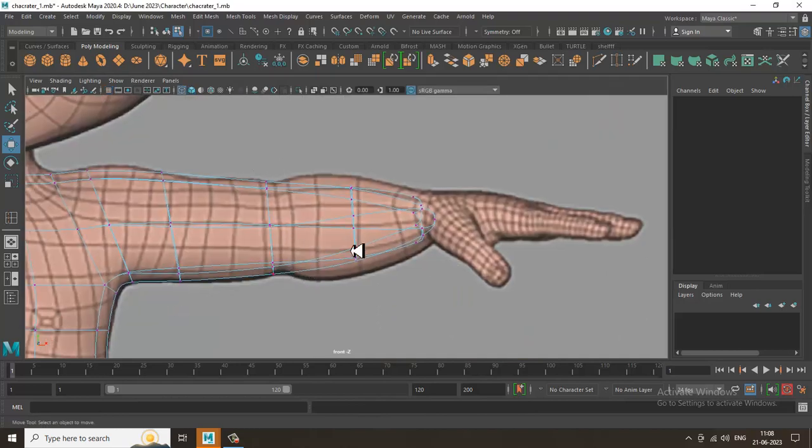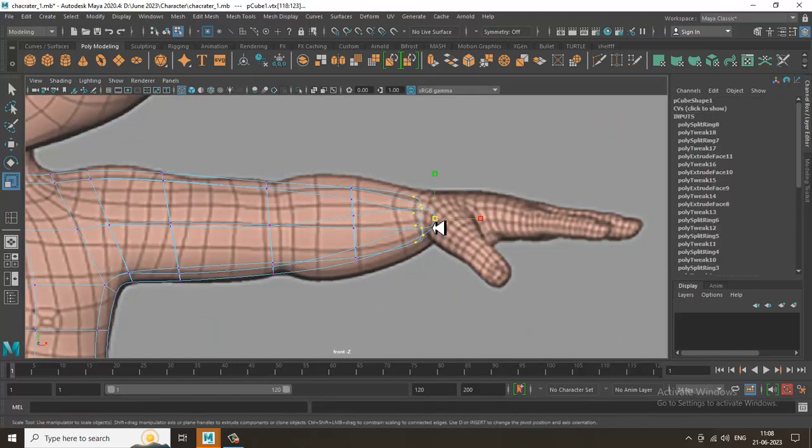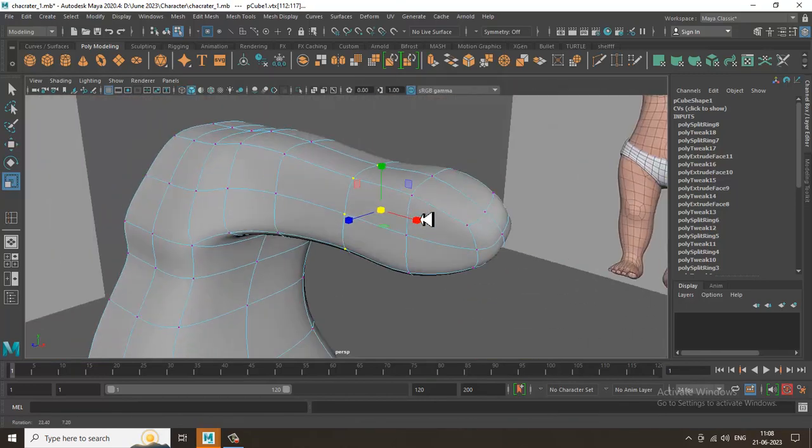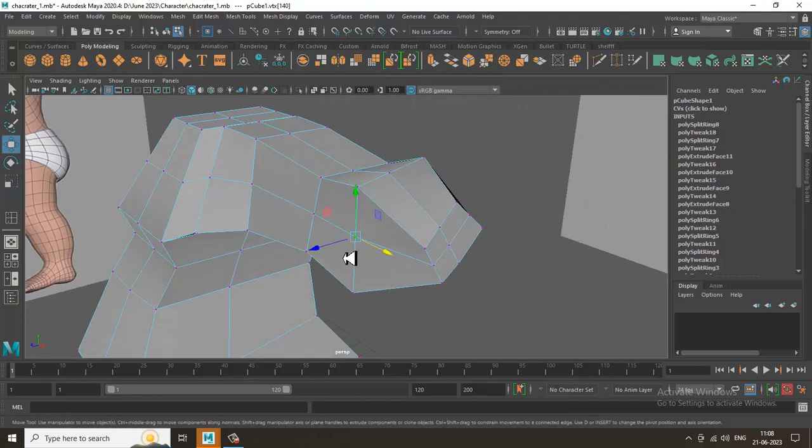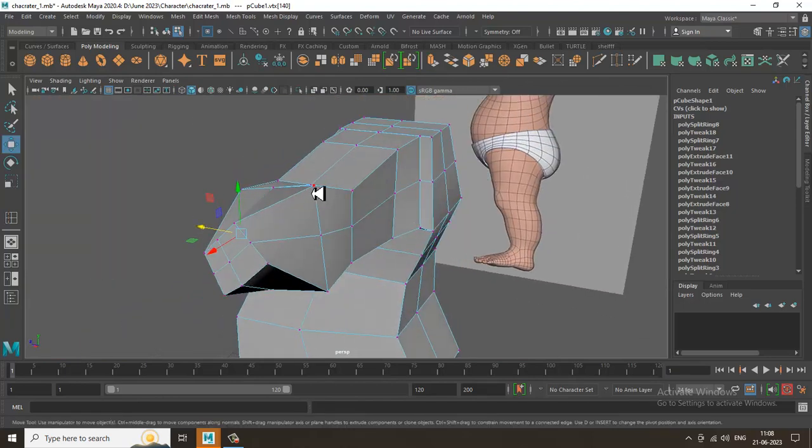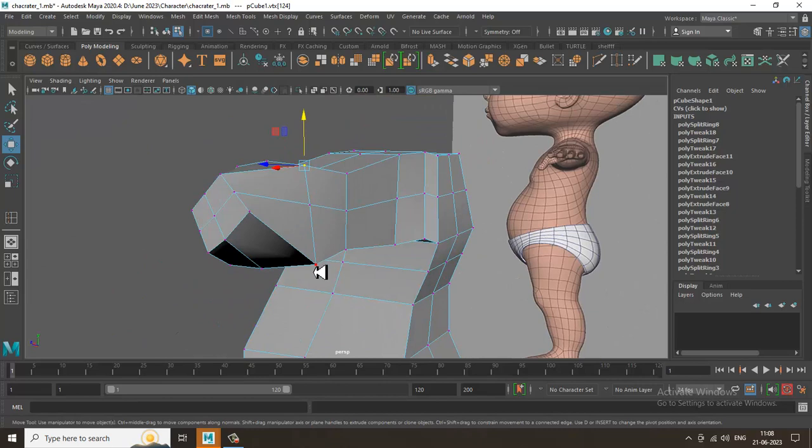So we can just adjust this stuff, push this up, shuffle this down, scale it inside, drag it slightly inside, push this up,